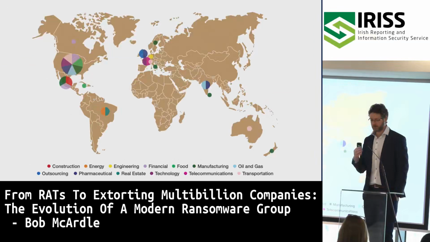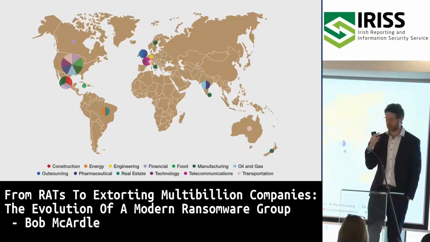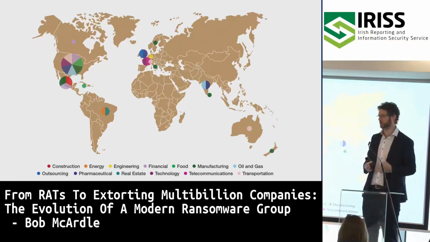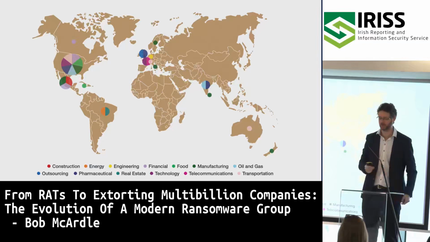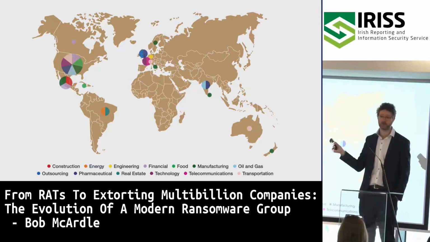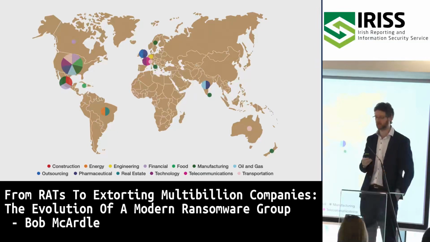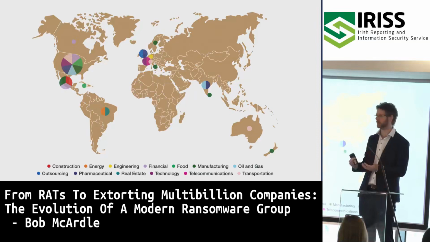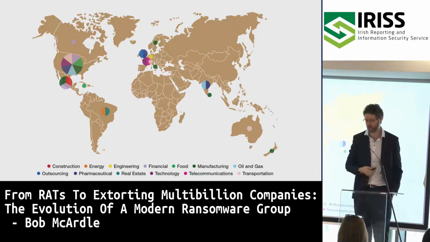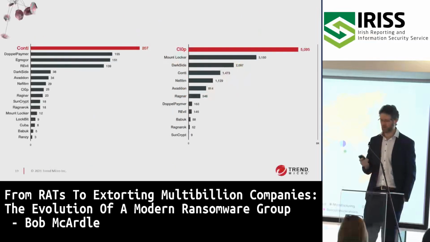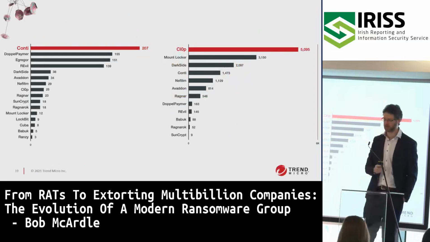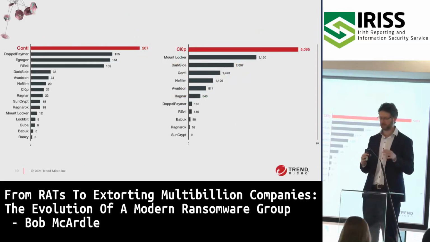So we took the actual victims of Nephilim and we broke them down to see what the victim profiles looked like. If you look at the countries that the different people on the leak site came from, we can see they heavily targeted North America. South America would be about second biggest, but they also hit targets in Europe, Asia, Oceania as well, right? But it was clearly that they were targeting North America when they had preference to do so.